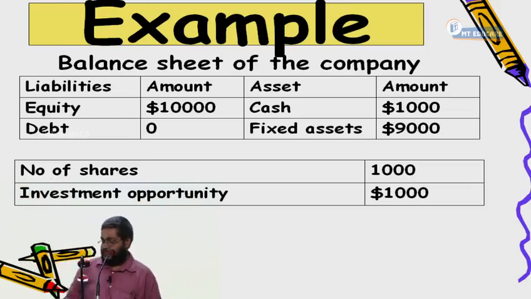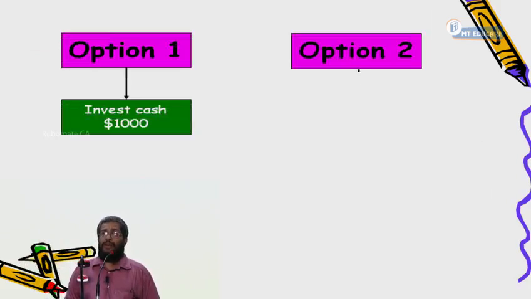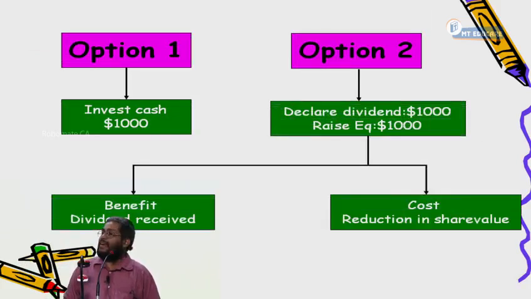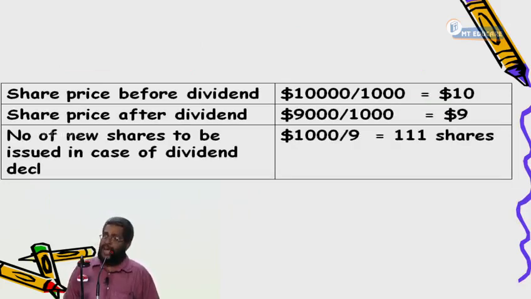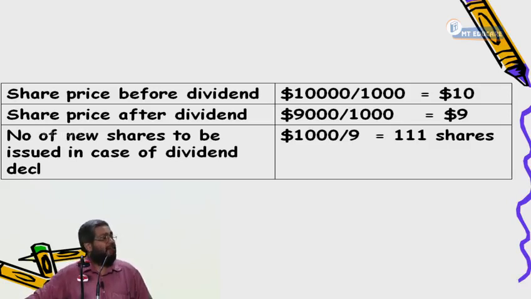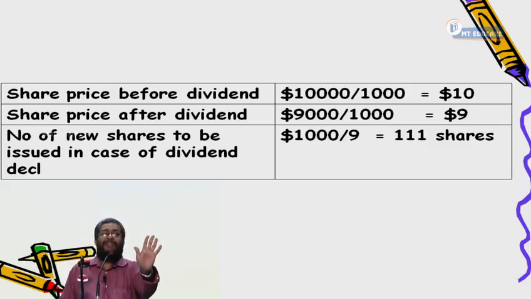The last point. Sir, in this example, I did not divide by 1 plus KE. Share price before dividend, share price after dividend. So the formula we had: P0 is equal to P1 into N plus M minus I plus E divided by 1 plus KE. Right or not? Now, in this example, I did not use 1 plus KE. Is this example and the problem different? I will say both are the same only. In the formula, everything is happening after 1 year; here everything is happening today. That's why discounting is not required.